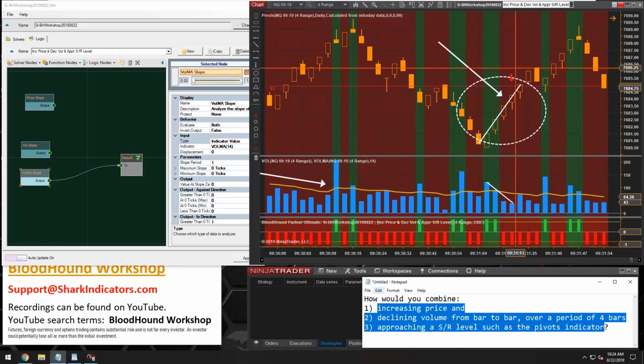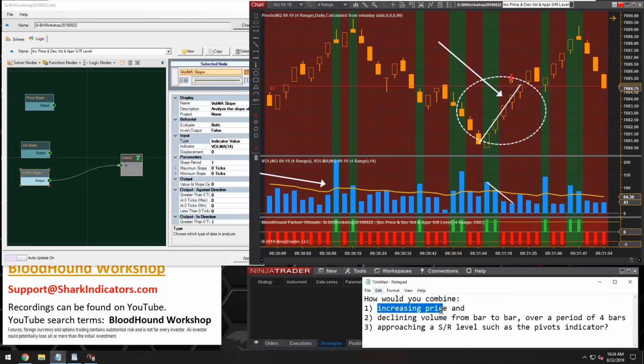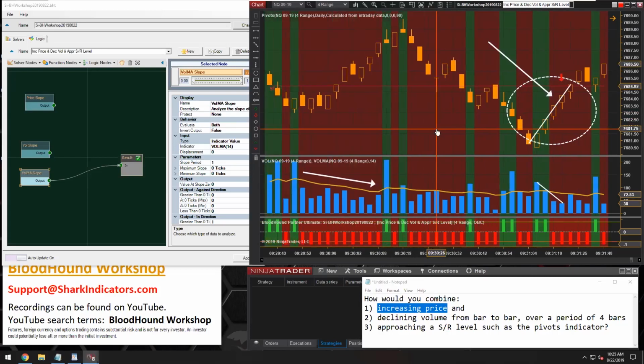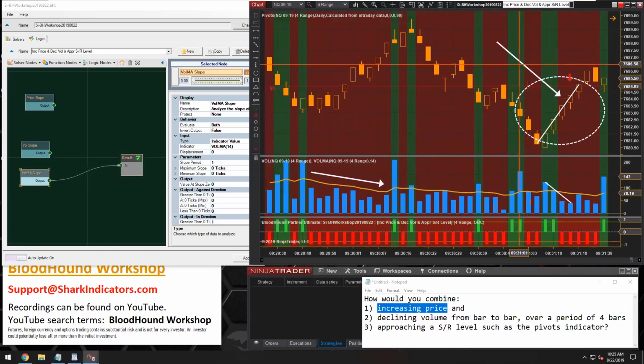So David is looking for a short from increasing price, and if it's decreasing price, then he'll be looking for a long here, right? So let's look at this from the opposite direction. Let's say if we had decreasing price and decreasing volume, he would be looking for a long,